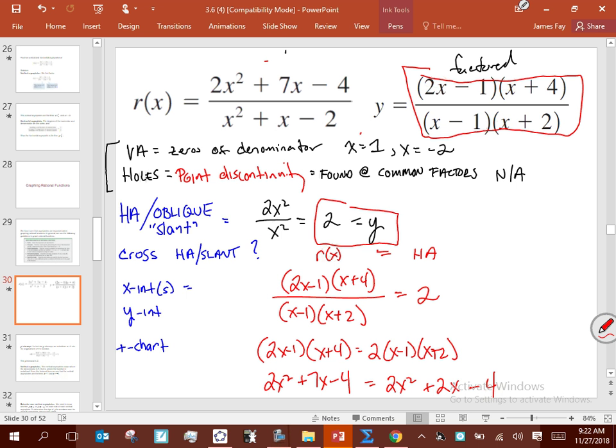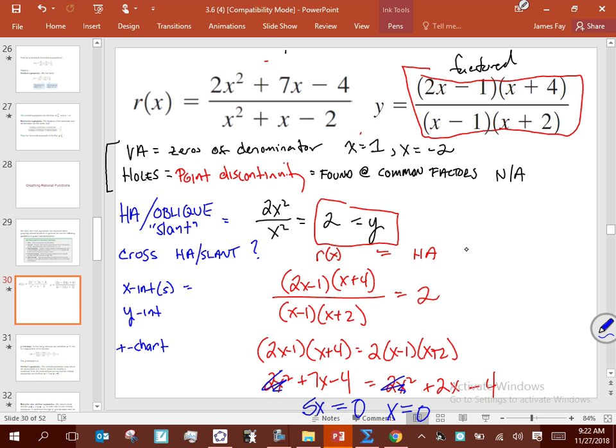So I get that. Does that make sense? Now what happens to my 2x squared? Cancel out. Okay. I will now have 5x equals 0, right? If 5x equals 0, what's x going to be? X is 0. So when I get a numerical response, and 0 is a number, right? Sometimes people see 0, oh, well, that means I don't have one. No, you have one. You cross the horizontal asymptote here at